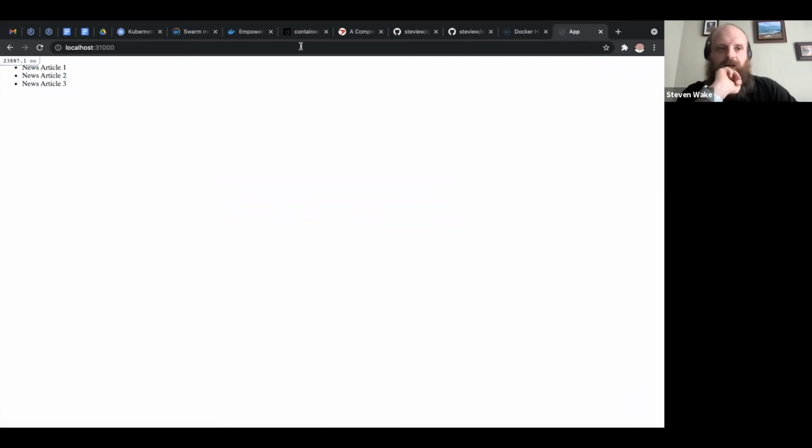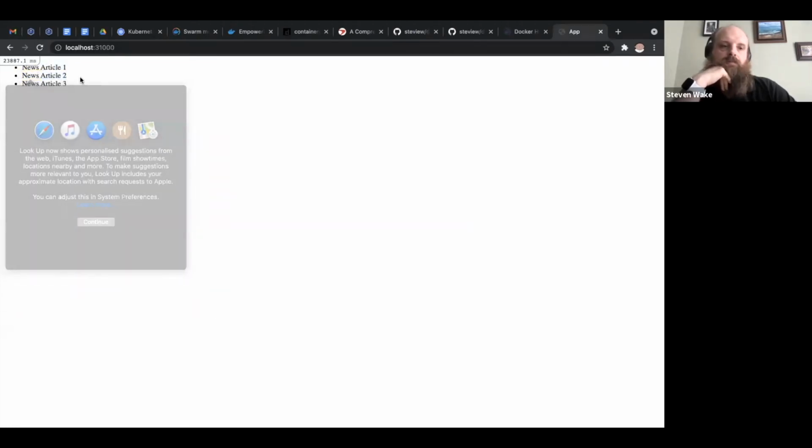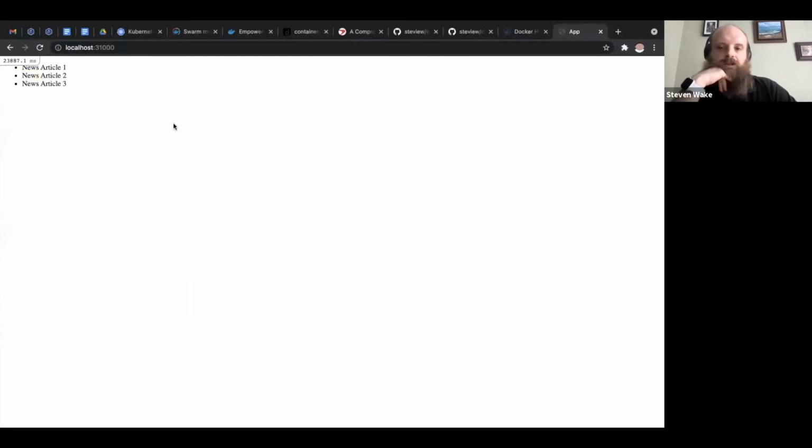Eventually. There you go. So the seed file was just 3 entries into the database, and then it just loops through them. So as you can see, it's extremely cutting edge and very beautiful.